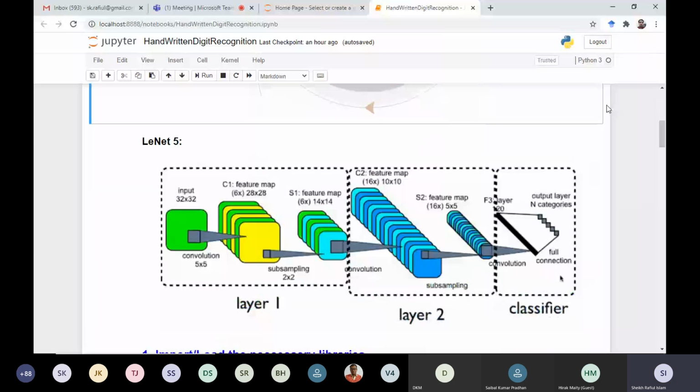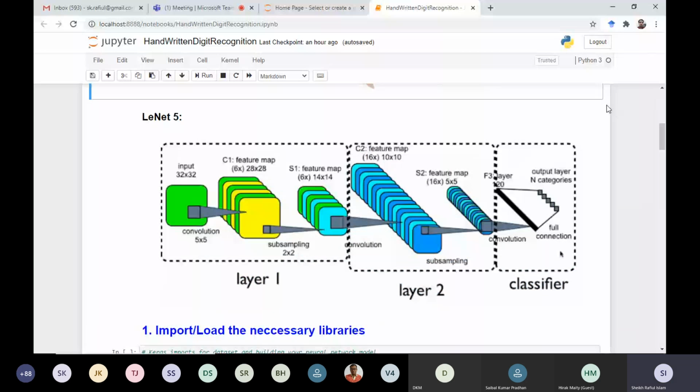So now we want to introduce or implement that network, that is LeNet-5, a standard network that was proposed by some researchers. This is very well-known. There were multiple versions, so we are going to implement the 5th version. And I already defined the objective of our problem: to identify, to classify handwritten digits, means whether it is 0, 1, 2, up to 9.